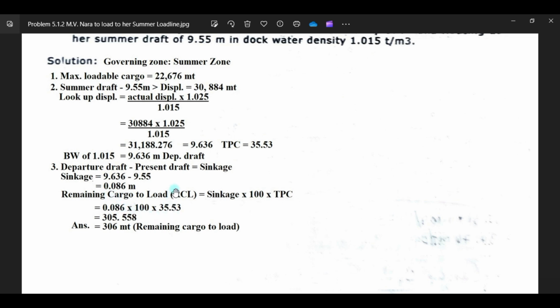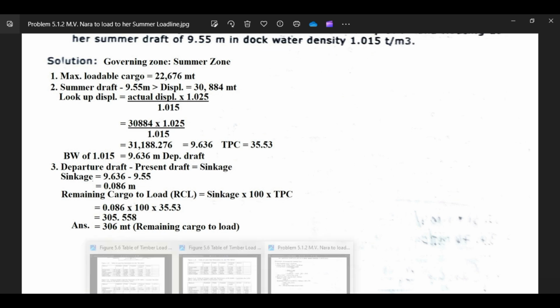The TPC of your departure drop is 35.53, which is this one, and the resultant will be 305.558, or 306. To round it up, you have 306 metric tons of remaining cargo to load.